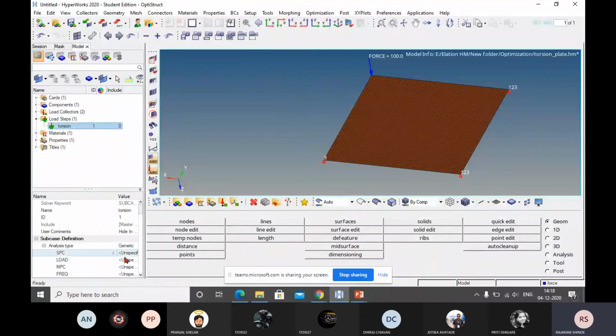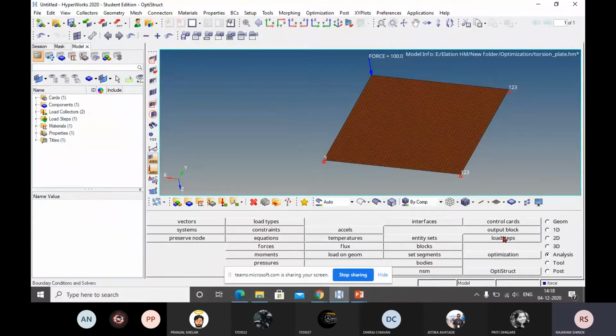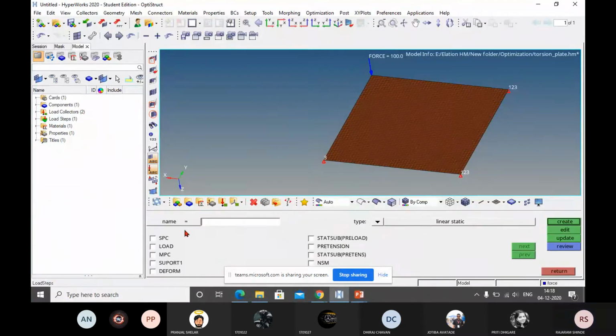It is torsion. Load step is static load step, I think. I will check here. Generic type. Okay, we will check it.